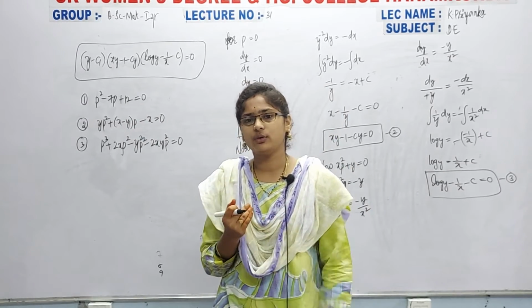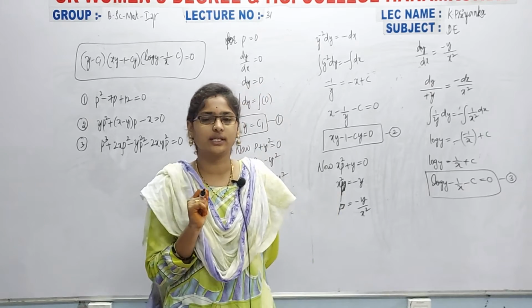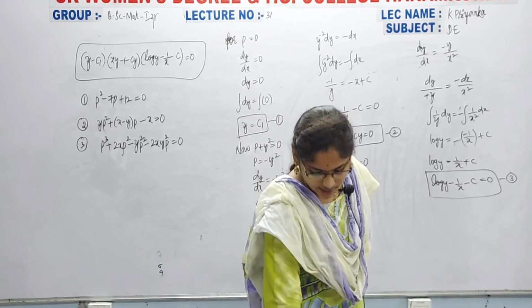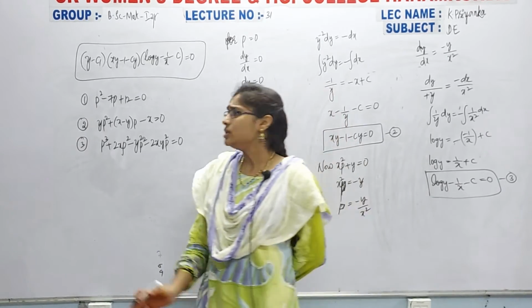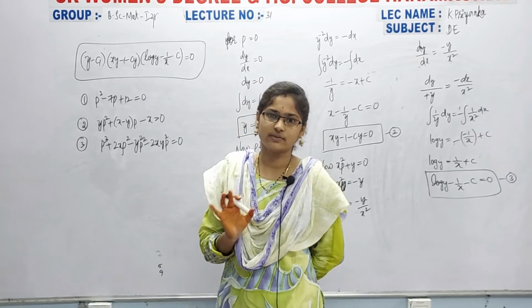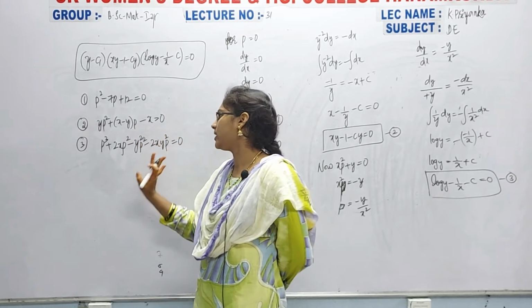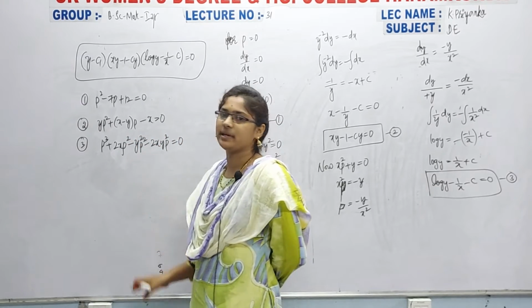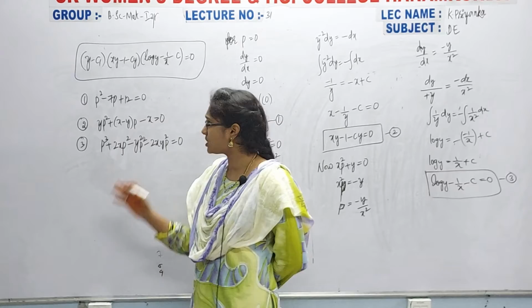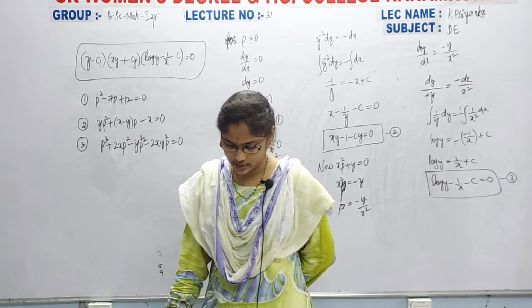After that, what you have to do? After getting the value of p, you have to take dy by dx. So then next take the integration. Okay, so by taking the integration you will get some values. Next, and the solutions also, and here same thing, and here also first take p common, then after that you can. So just now we solved that problem, right? In a similar way you can.